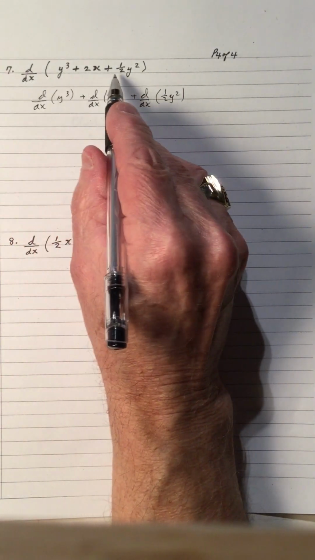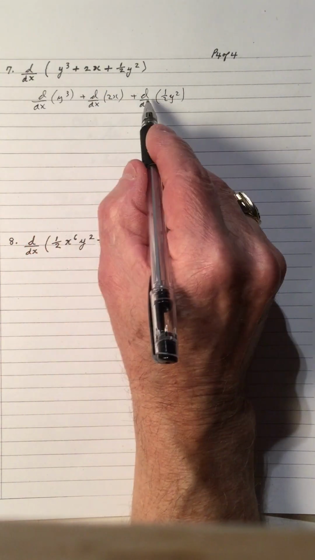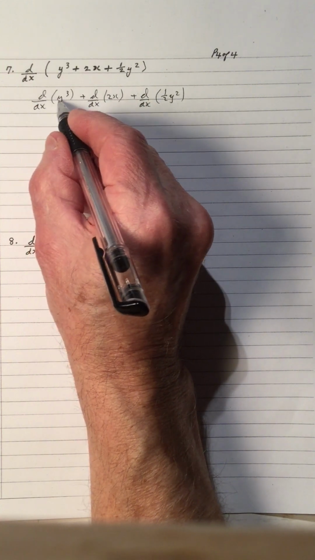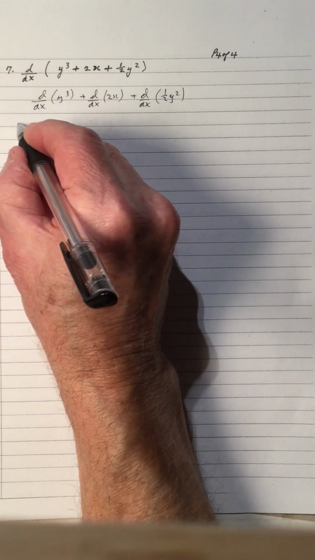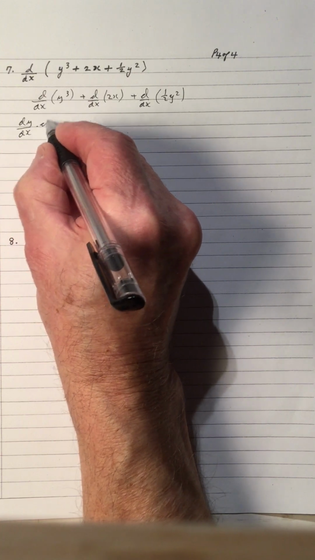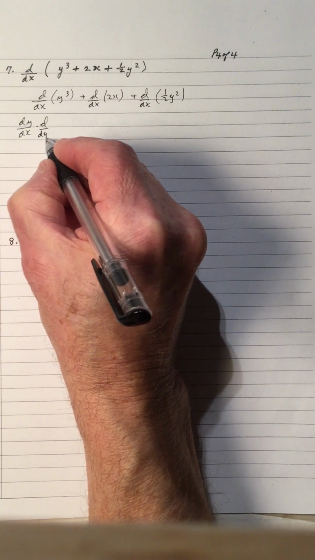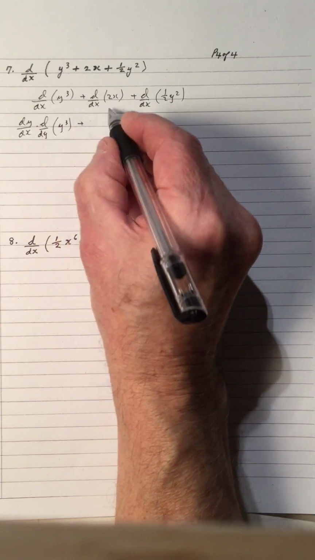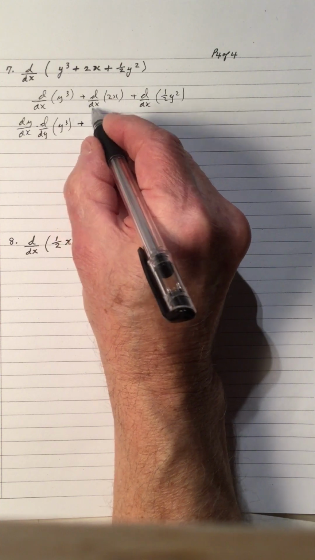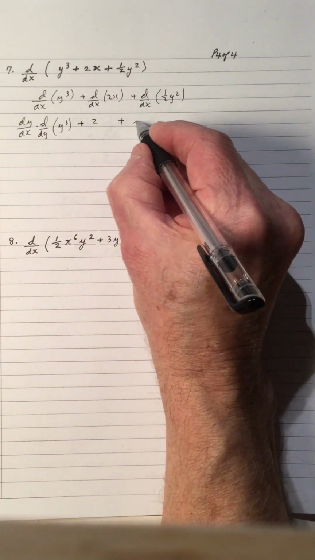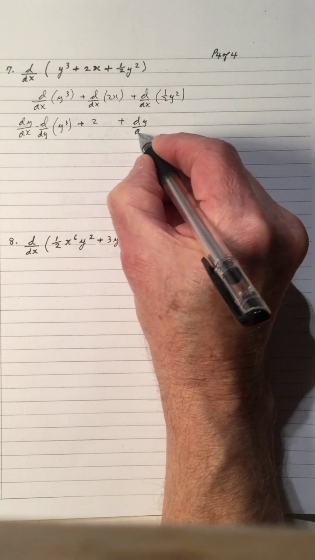Because the derivative of the sum is the sum of the derivatives. So again, we got a d/dx with a y cubed, so we got to go dy/dx, d/dy. So I'll make those changes. And here I don't have to change it because this is a d/dx with 2x, so that's just a 2. Here I make the change, dy/dx